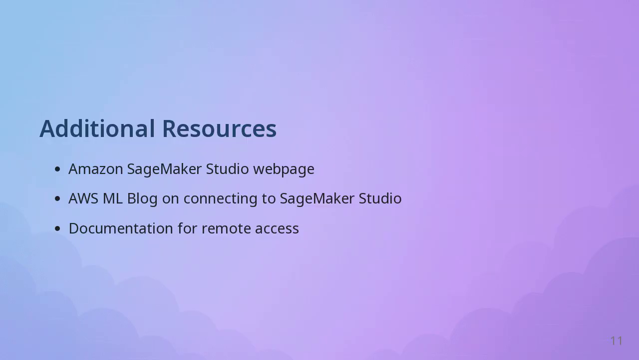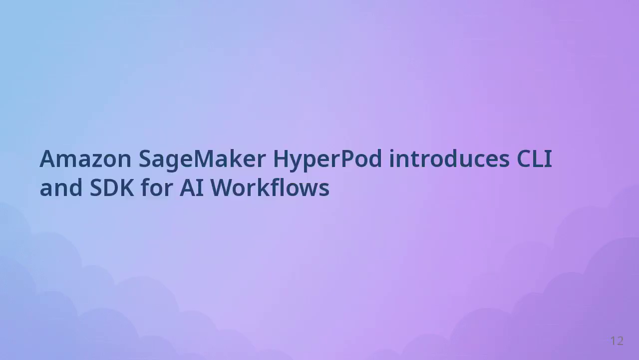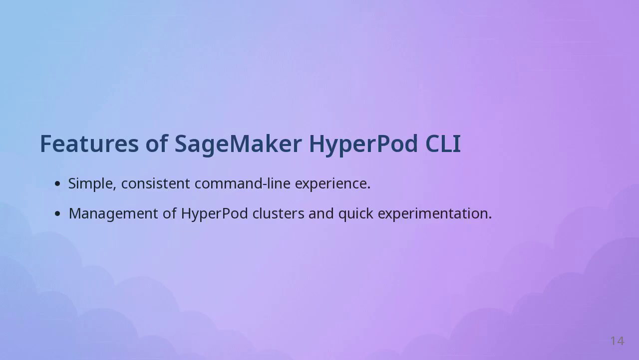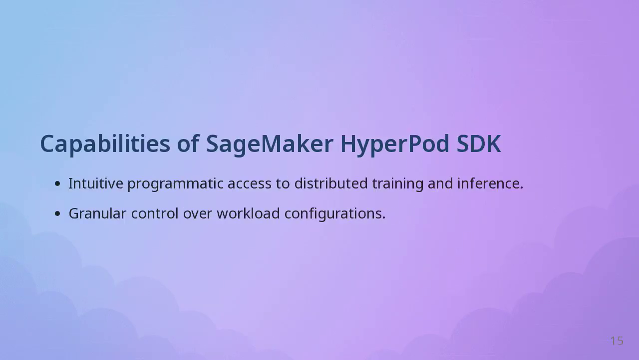Amazon SageMaker HyperPod introduces CLI and SDK for AI workflows. We are excited to announce the general availability of the Amazon SageMaker HyperPod Command Line Interface, CLI, and Software Development Kit, SDK. These tools make building, training, and deploying large-scale AI models on SageMaker HyperPod easier. The SageMaker HyperPod CLI offers a simple, consistent command line experience for managing HyperPod clusters, enabling developers to quickly experiment with different configurations. The SDK provides intuitive programmatic access to HyperPod's distributed training and inference capabilities, giving developers granular control